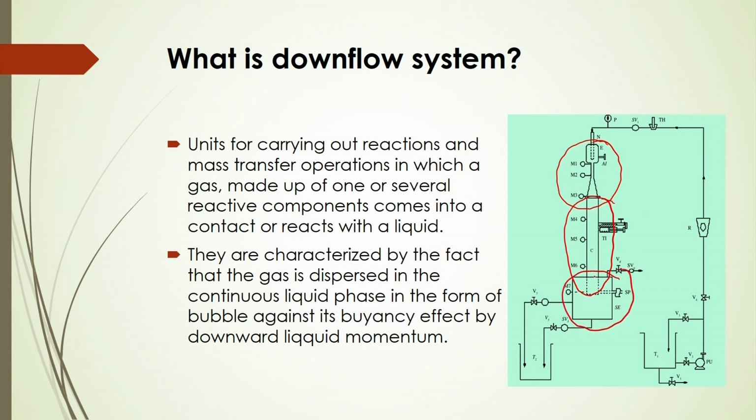We make the downflow system in such a way that the liquid flows downward through this unit, and during the downward movement the liquid is made into a jet, passing through a suction chamber. The liquid comes from the storage tank by a pump through the rotameter at a certain velocity, and the nozzle gives you the jet velocity,